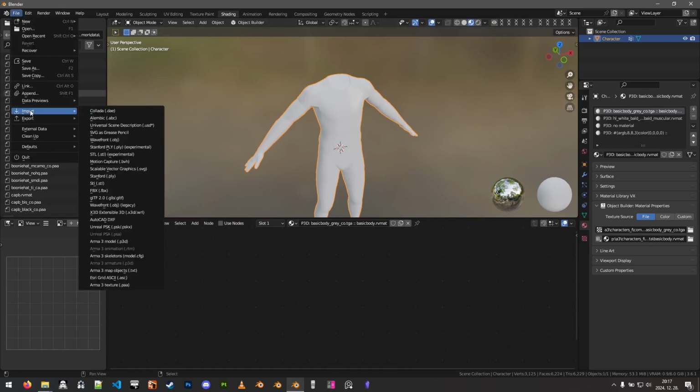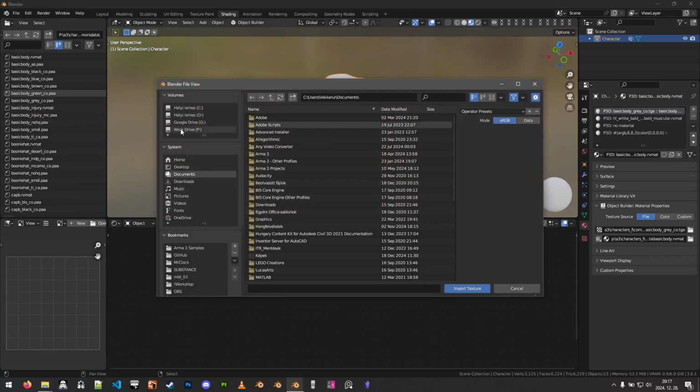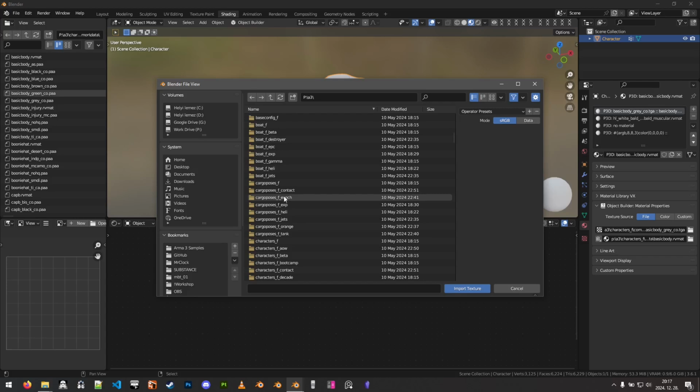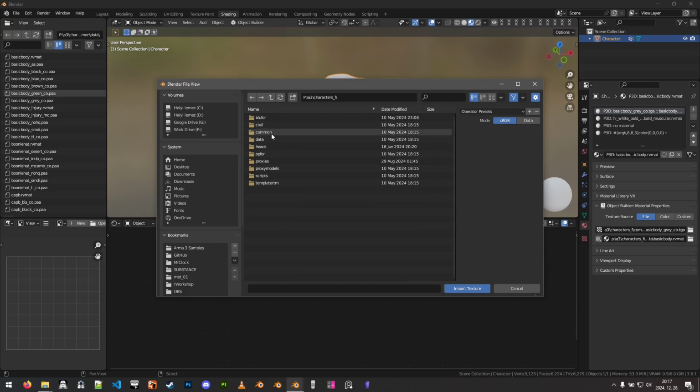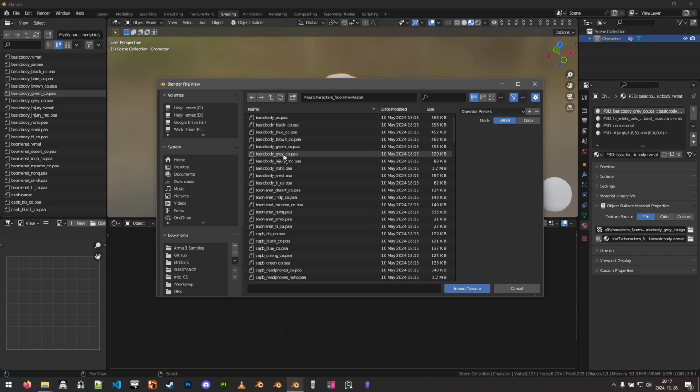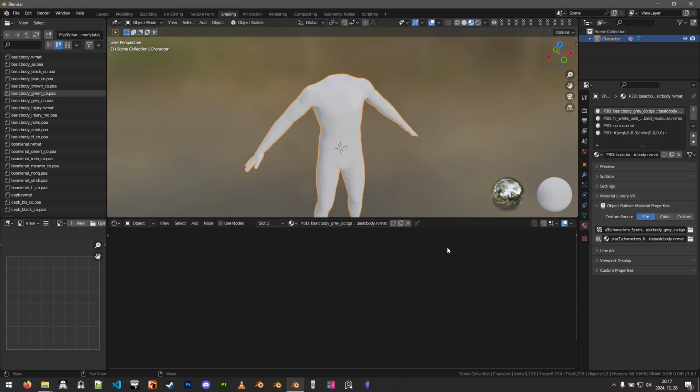So let's go and import a texture, which is the Arma 3 texture from PAA, and navigate to the place of the RV matte PAA. So this is characters F common data, and then basic body gray. Now this texture is a color texture, literally a color texture, which we see. So the mode should be left on sRGB. This is not a data texture. That would be for normal maps and SMDI textures, for example. So let's go ahead and import. Now this may take a few seconds because sadly this process is not very quick in a Python implementation,